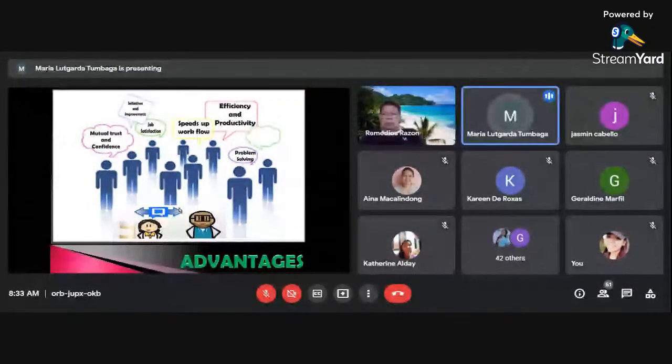It also helps in quick problem solving, since through employee empowerment, communication, motivation, and job satisfaction are increased. It also boosts teamwork and coordination. So problems are quickly solved and it guards against the distortion of intended messages. These are some of the advantages of the horizontal or the lateral communication.